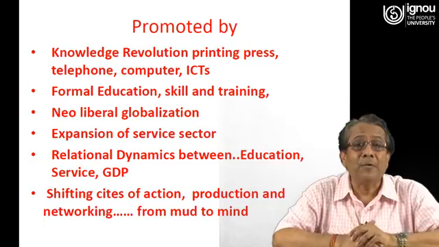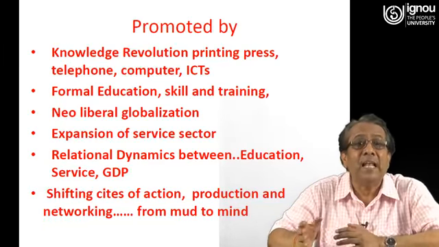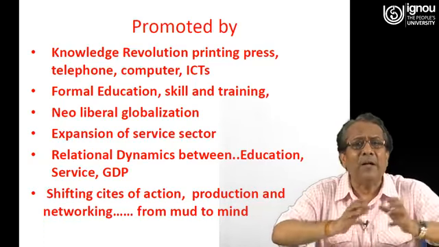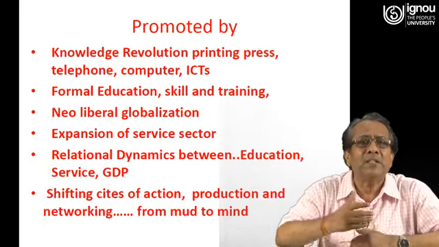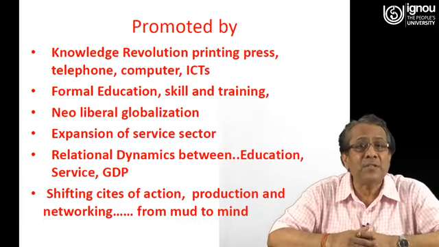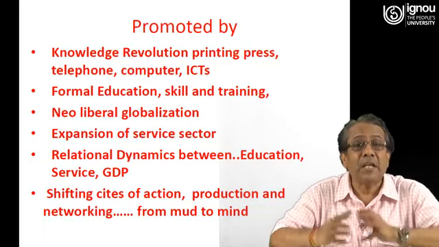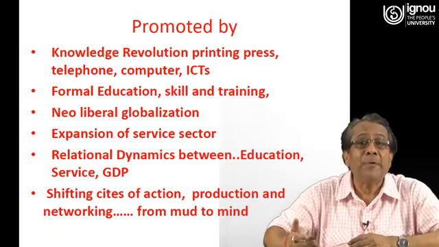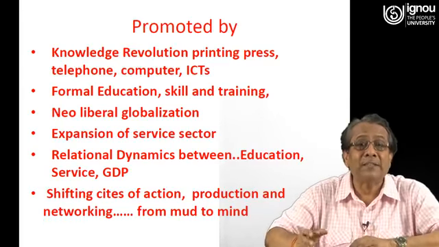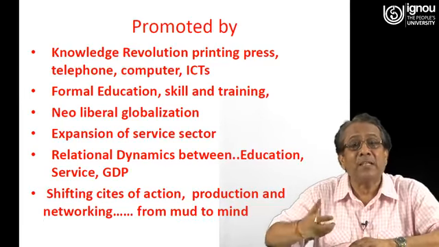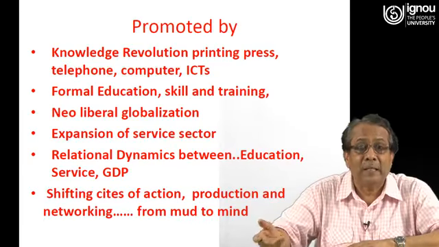Along with this development, what happened? There was an enormous process of expansion of formal education, skill and training. Earlier, education was limited to a limited number of people. Now, along with the Industrial Revolution, new educational institutions started coming in. Quality education, quality skill development, quality training, and simultaneously several institutions came to the forefront to guide and give direction, to take that education to another height of sophistication and development of human mind and capabilities.